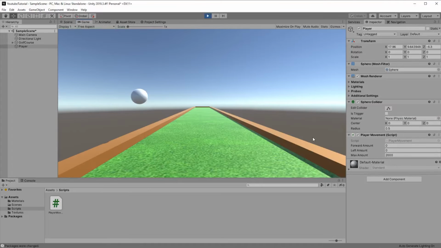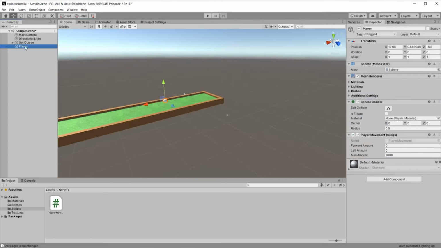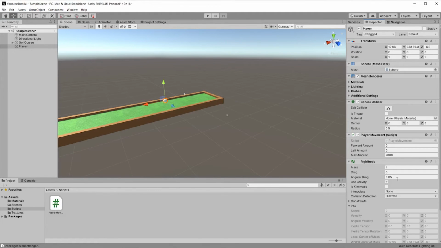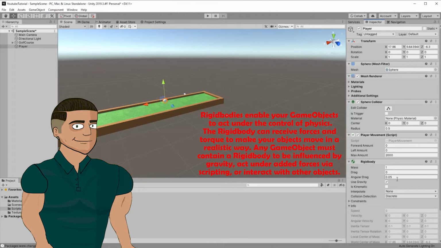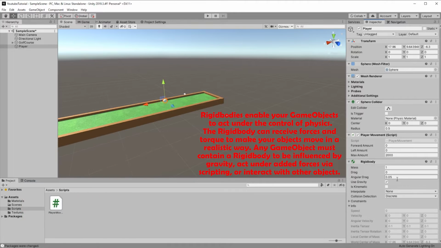Okay, let's see. It's working. Let's add a rigid body to the player. A rigid body is what makes your game look realistic. Rigid bodies enable your game object to act under control of physics.